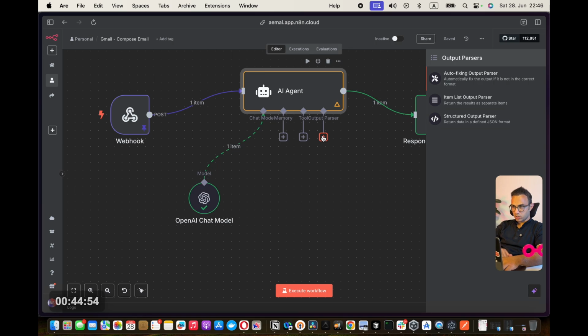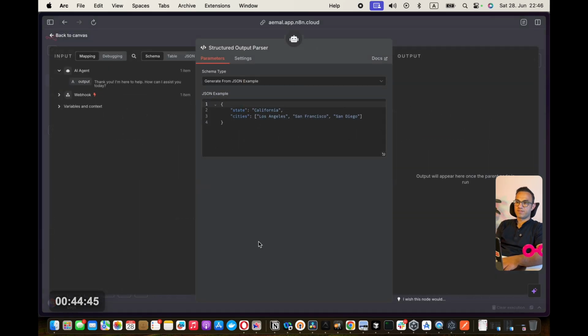This output parser has multiple options, as you can see here. I'm gonna pick structured output parser because I need a specific structure. That specific structure can be a subject of the email, something like running late for my meeting, and a body of the email.